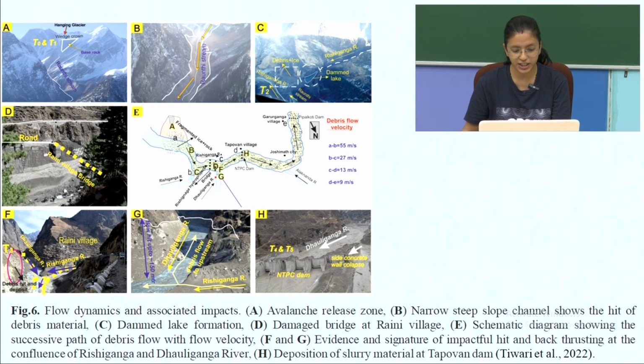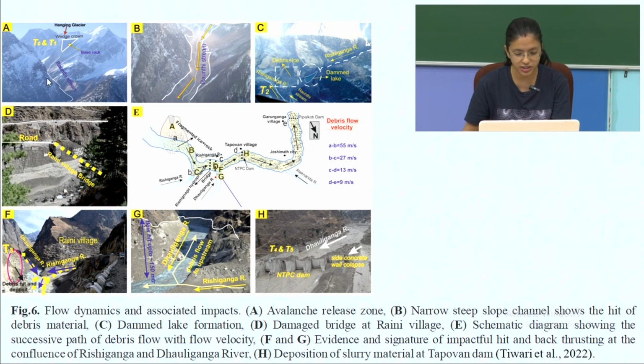Field surveys were conducted post-event. Observations confirmed massive boulder deposition, dammed lakes, and structural observations. The steep relief of more than 2000 meters and terrain morphology especially accelerated the avalanche. The high-speed debris flow hit major structures like hydropower projects and bridges. The impact speed dropped to 13 meters per second and later to 9 meters per second downstream. The energy of the flow was enough to breach the dams, barriers, and even dam gates that led to the amplified disaster.